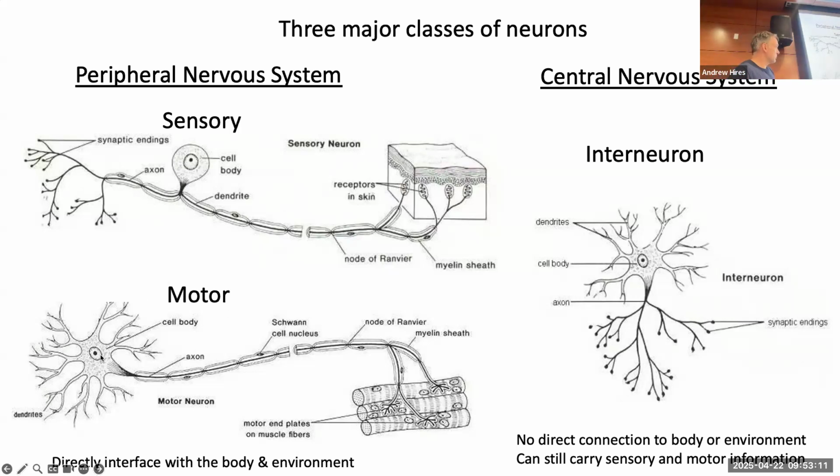In the motor systems, we have the same features here, but they're structured differently. Now we've got a bunch of fingers growing out here, dendrites, almost like tree branches that are trying to absorb light. Actually, in this case, they're just trying to absorb chemicals falling onto them from other neurons' synaptic endings. So these are taking in the information in the dendrites. That information is getting added up in the cell body, and then the electrical signal is going to travel down the axon to these muscles, where it will release at the neuromuscular junction